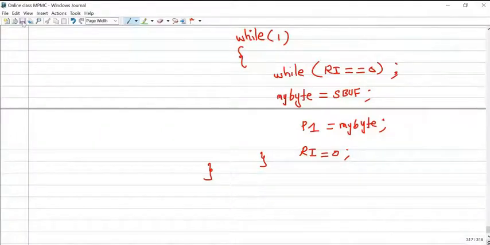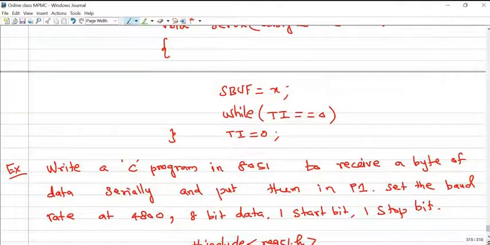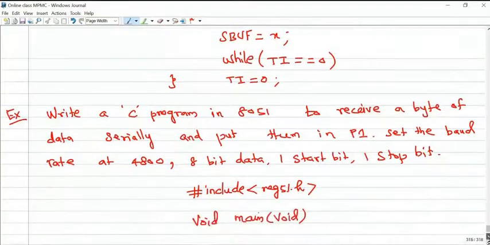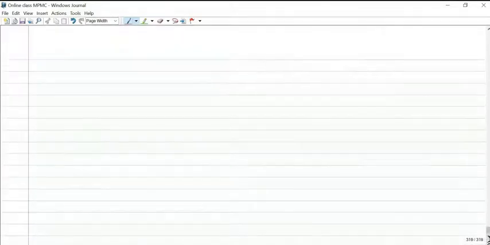Okay. So with this particular topic, the serial communication supported by 8051 microcontroller, along with programming of serial port, assembly language programming as well as C language programming. And important thing, the experiment also covered for the MPMC lab. One more experiment, that is serial port programming experiment also complete. So one more simple topic we will cover today itself.